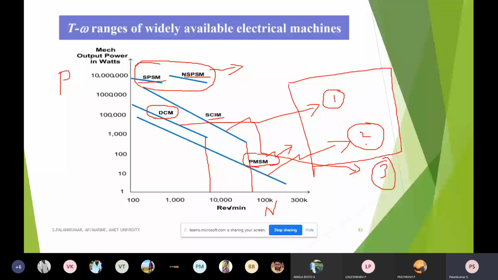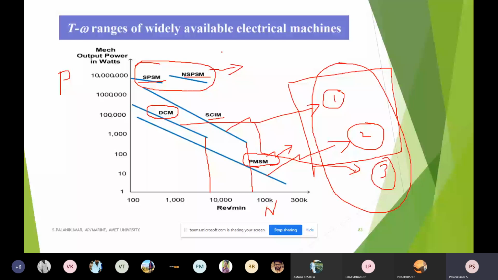So these are all the three motors we can identify as suitable for any electrical vehicle and hybrid electrical vehicle. Of course, these motors have other industrial applications as well. They may be suitable for power generation. This motor can act as a generator: if mechanical power is given as an input, it can produce an electrical output. So that is not a problem.